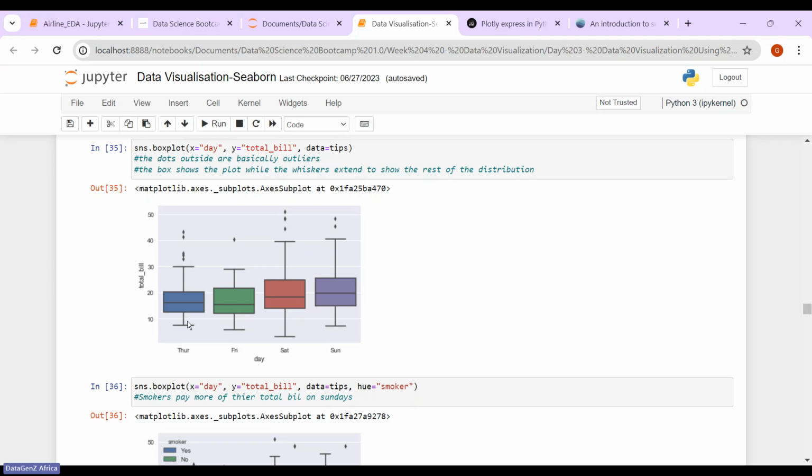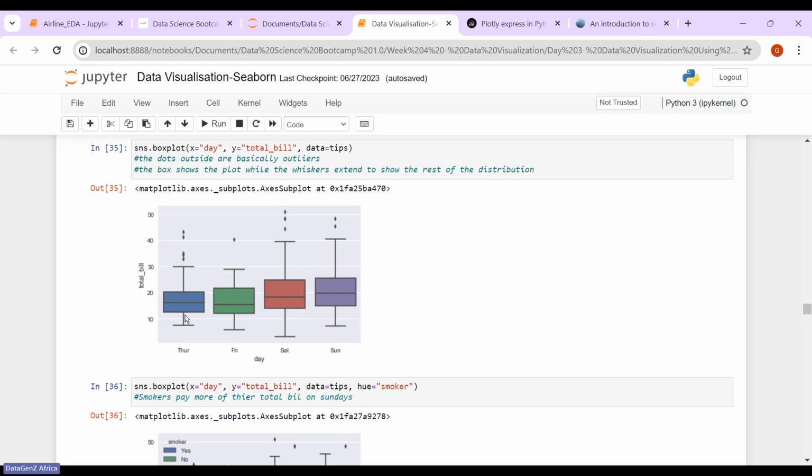This is the normal range of data within this Thursday group, the people that ate on Thursday. But then there could be other values that are not within this particular distribution, and those are the outliers. So we have 40 and 45, which are outliers. But within that distribution, this is the maximum. Then we have the 25th percentile, that is